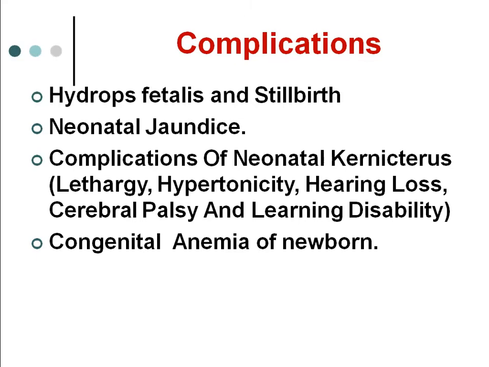Secondly, the other complication other than this destruction of RBCs is jaundice. The baby which is born is not jaundiced, but within 24 hours it becomes jaundiced. So there is jaundice in the neonate. And what happens if this jaundice is very high? This jaundice is because of excessive serum bilirubin, because with the destruction of the hemoglobin, the serum bilirubin is being released. And if this serum bilirubin is very high in the neonate, then what happens?